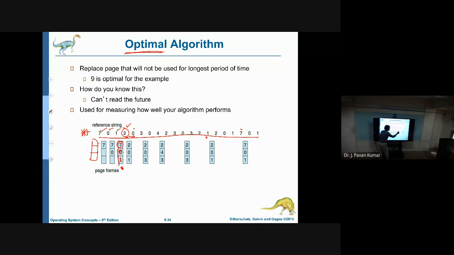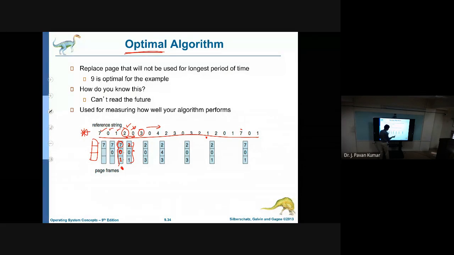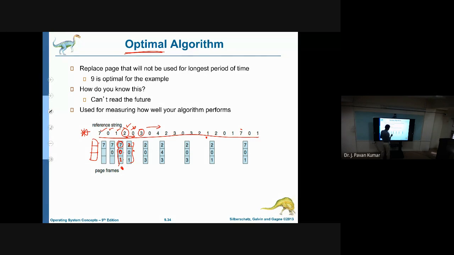Next 7, after these two only 7 is coming. So 7 we will be choosing to replace. Next 0 means no page fault. Next 3. Again one of these three we have to replace, right? How can we choose? Again we have to go in the forward direction. Which one we will be referring in the near future, that we will be seeing. Except those, the other one we will be selecting. 0 we will be referring, right? So 0 we will not choose to replace.